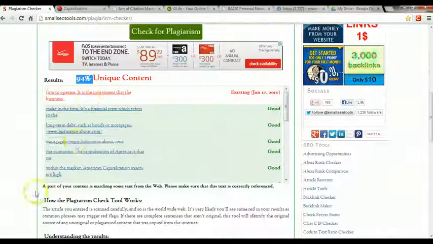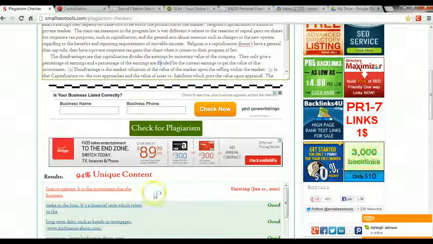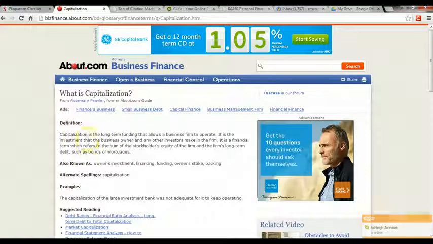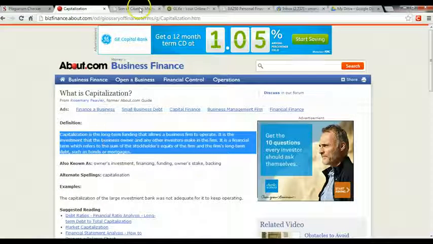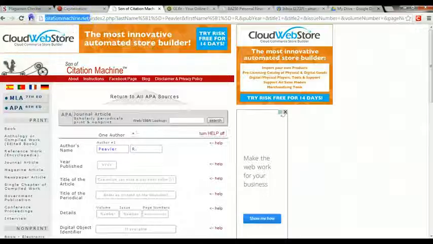So you would keep on going through, and if you did have less than 70% unique, you definitely need to rework your paper and actually provide more content that's unique. Then you would just recheck again. You keep on doing this until you're finished. But as far as properly documenting it, what I like to use is called Citation Machine up here, and this is the website, citationmachine.net, right up there. So basically, whenever you type this in,